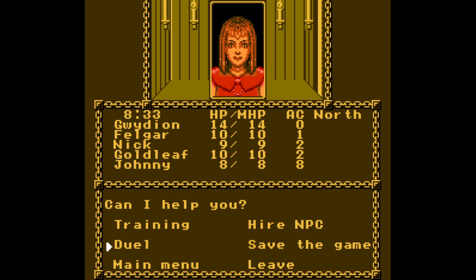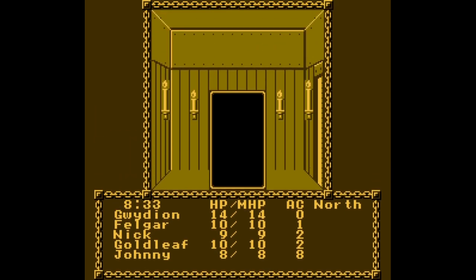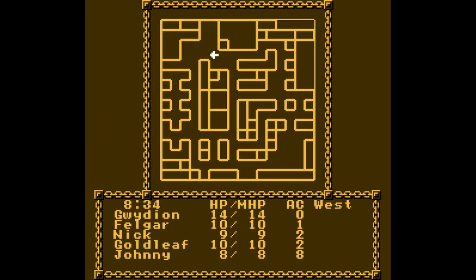You can also save your game. You can fight a duel with an equally strong opponent. You can also go back to the main menu if you want and leave. Well, you pretty much know what that is. Let's go to the